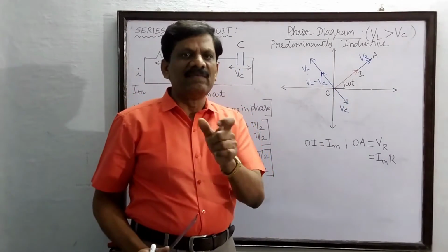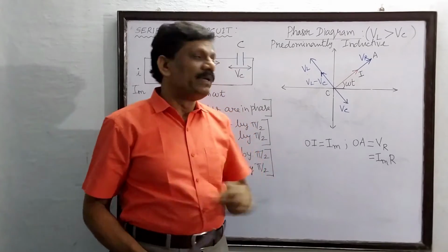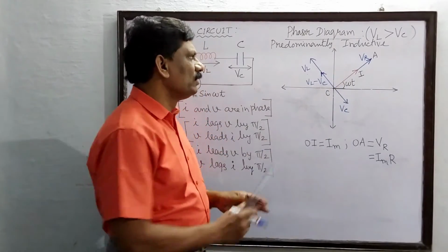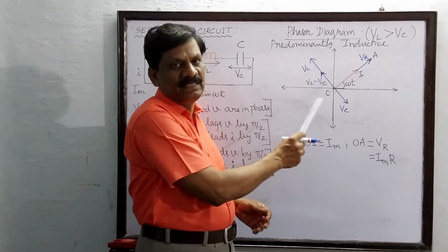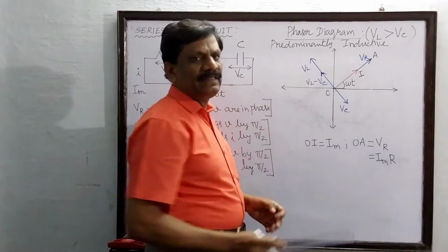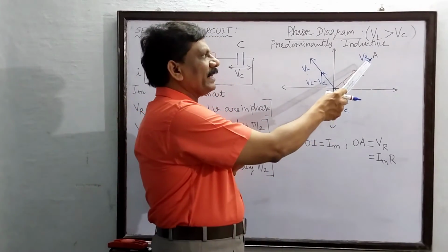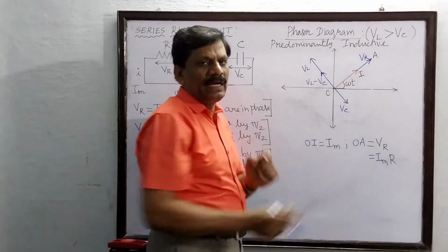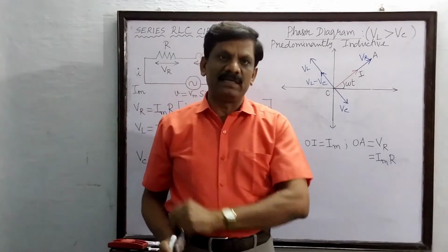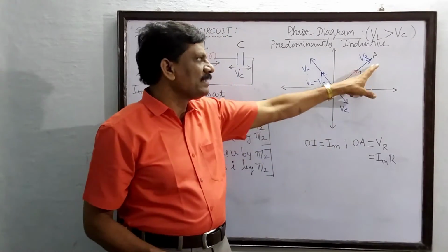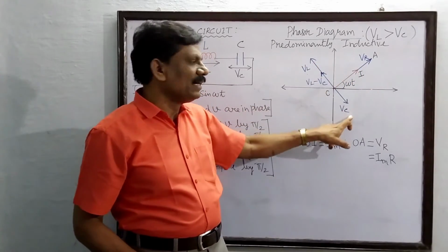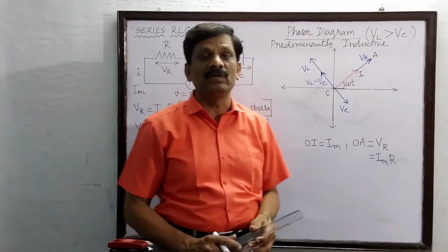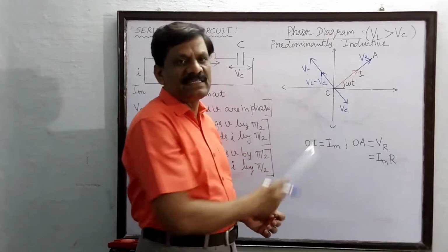In vector form, it is the VL vector plus the VC vector only, but in magnitude, it is VL minus VC, because this VC vector is rotated by 180 degrees. So the remaining portion will be VL minus VC. Totally three vectors were there initially. What are the three vectors? VR vector, VL vector and VC vector acting at the same point O. I have reduced the three vectors into two vectors. By keeping the VR vector as it is, I have reduced the VL vector and VC vector into a single vector by rotating the VC vector through 180 degrees. This has to be understood. So VL minus VC is the second vector.